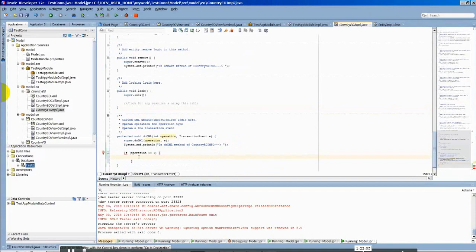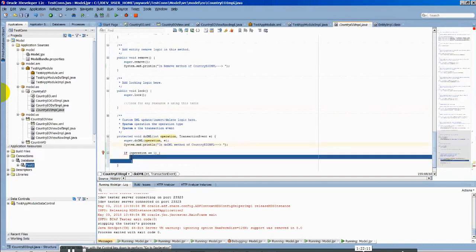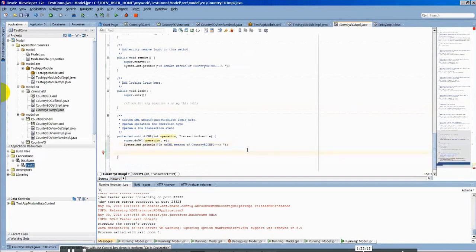Okay, time is over, so let me keep it just like this and test it, and in the next class we can go into more detail. I'm just giving simple statements like this and saving it,